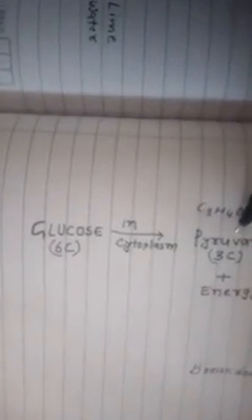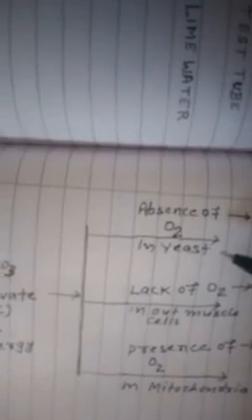This is glucose, and this glucose, which is a 6 carbon compound, is broken in the cytoplasm into a 3 carbon compound, pyruvic acid. Now this pyruvic acid is broken in different organisms, in different organelles, in the presence or absence of oxygen, in different pathways. The first pathway of respiration takes place in yeast, in which pyruvic acid is broken in the absence of oxygen, and ethanol and carbon dioxide are formed, and a small amount of energy is emitted.